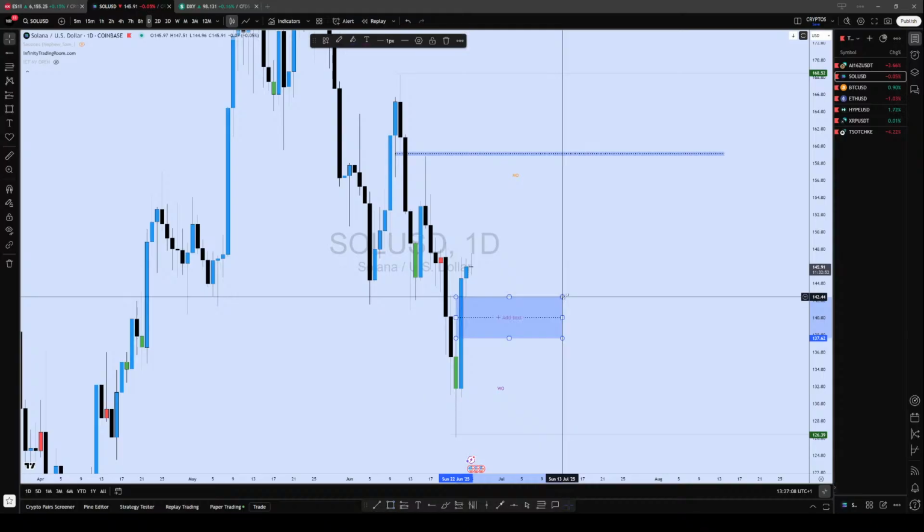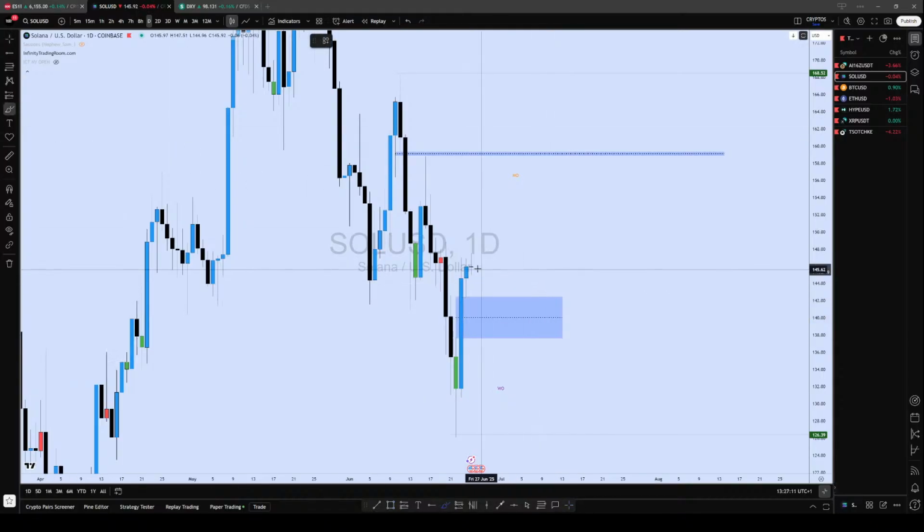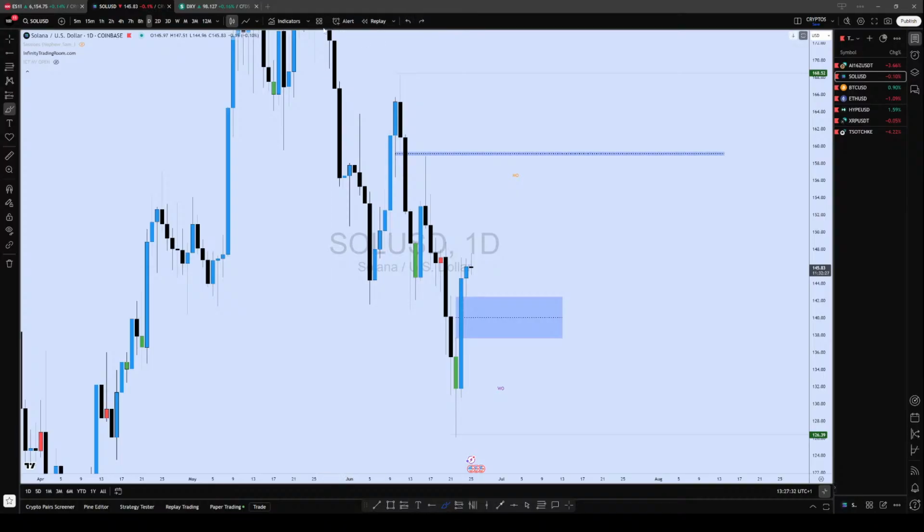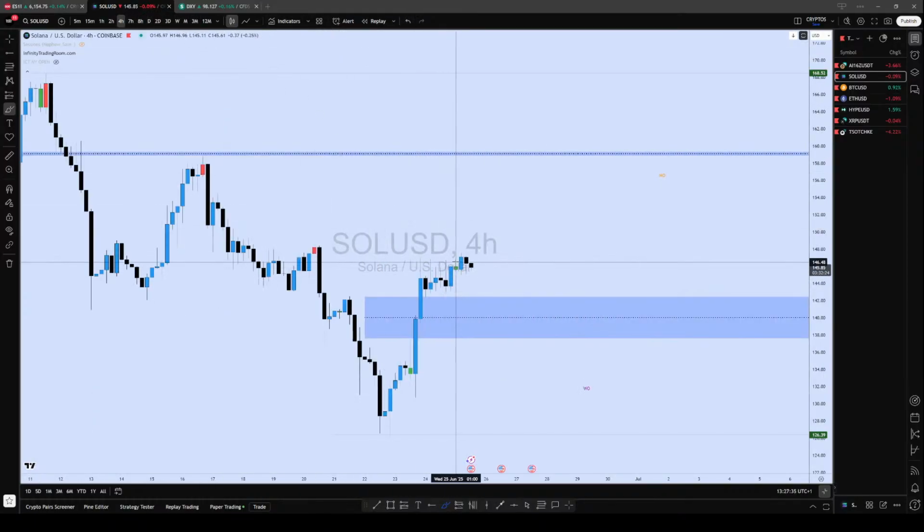If it does that, what do you need to do? If we come in here, wait for a rejection, let them close above a down candle like this, then buy the very next candle, and you can hold on to it. That's if they come into the gap. If they don't, then obviously just keep buying on the lower time frame. How do you get in? Wait for a down candle to be closed above, for example this one here, not this one, this one, because this looks like a swing, and then put your stop loss below, expect expansion to the upside.